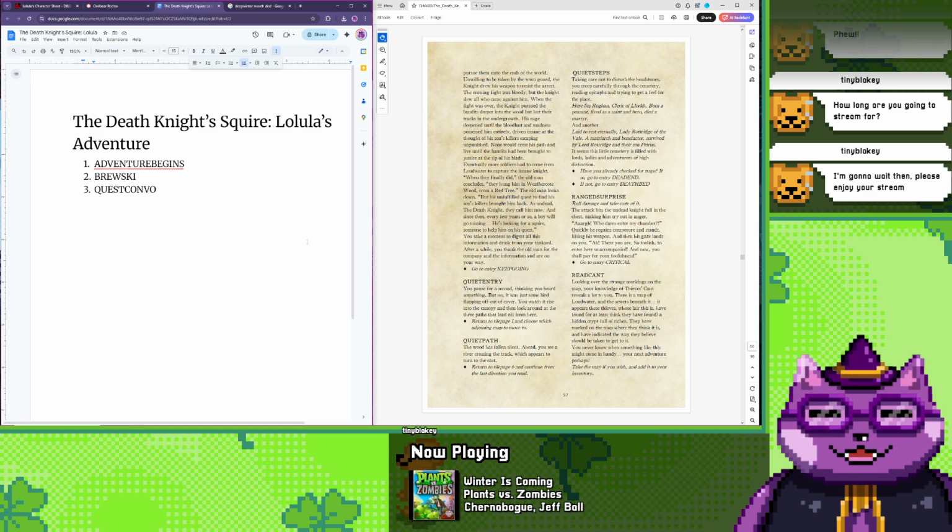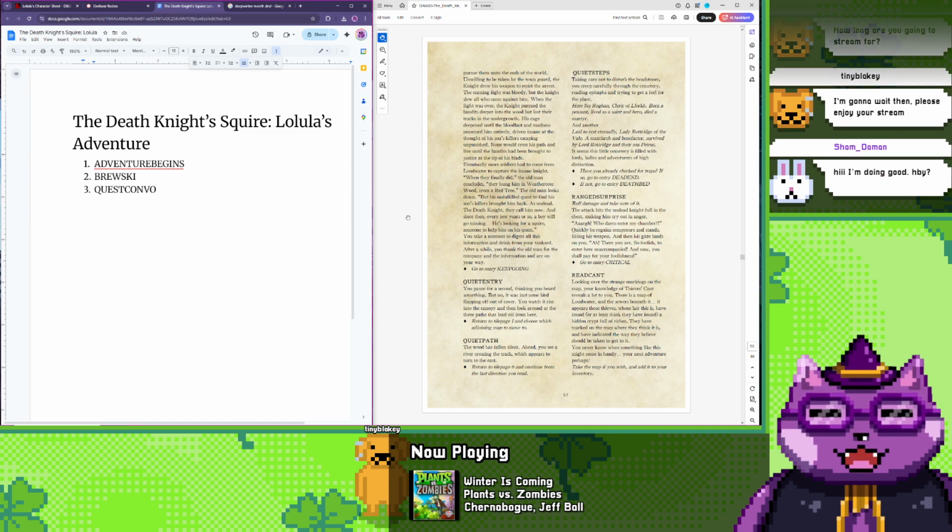When the fight was over, the knight pursued the bandits deeper into the wood, but lost their tracks in the undergrowth. His rage deepened until the bloodlust and madness possessed him entirely, driven insane at the thought of his son's killers escaping unpunished. None would cross his path and live until the bandits had been brought to justice at the